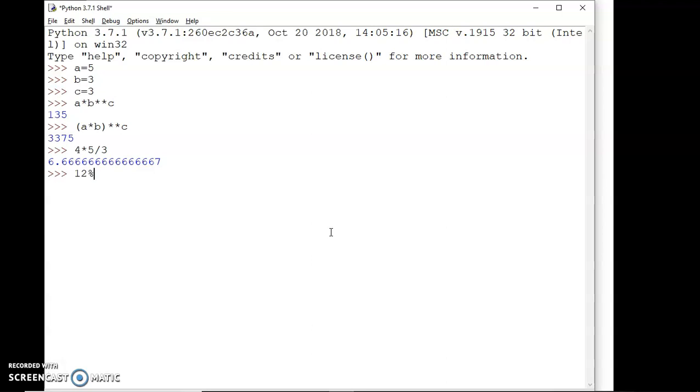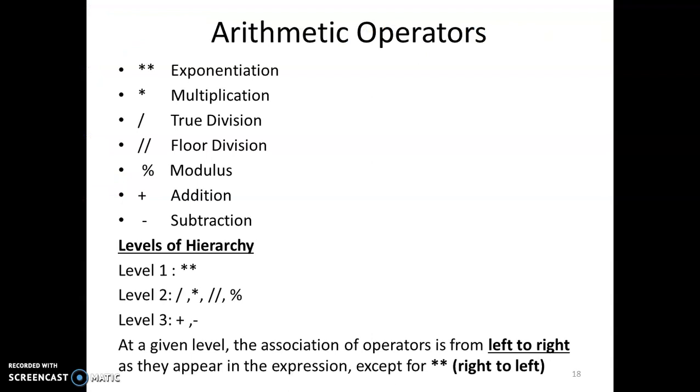Similarly, you can try this operator, so that there is no confusion about their working. This and then this. Now percentage must be performed first, because scanning the expression from left to right it comes first as compared to star. So the answer should be 4 here. And what if we write 2 plus 3 star 4 minus 5? Here star is performed first, so 3 into 4 is 12, and then 2 plus 12 is 14, minus 5 is 9. This is the way that the arithmetic operators work.